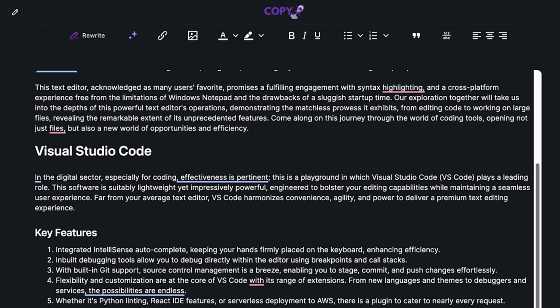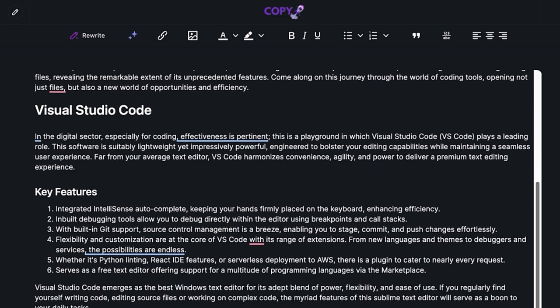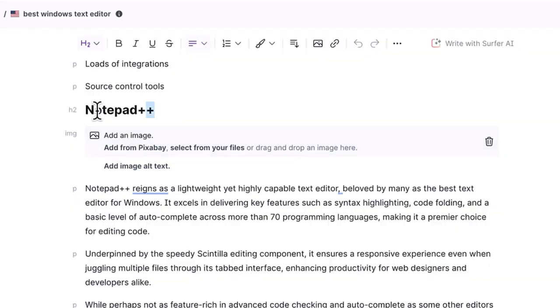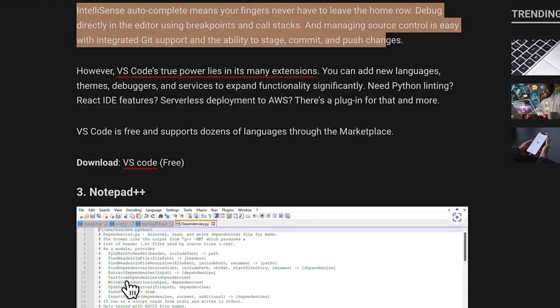Okay, split those bigger paragraphs into skinny paragraphs because it will be better for readability, and there you go. Now repeat this process for the rest of the list. Next in my list is Notepad++. Okay, and for this, let me just enter Notepad++ like this, and if we had this, yeah,